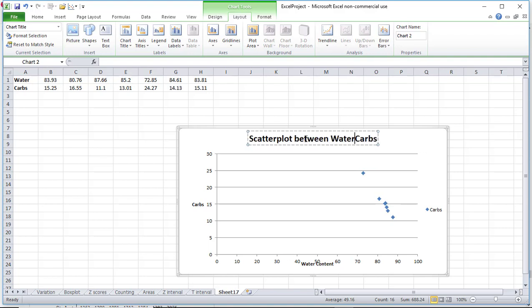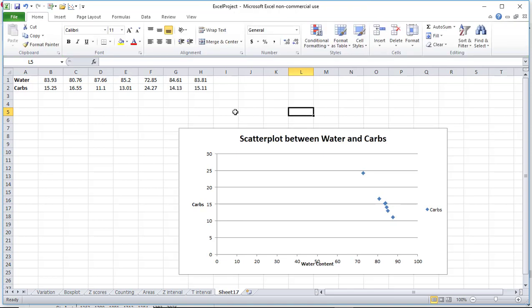between water and carbs. And so you can judge for yourself whether you think there's a positive linear relationship, no linear relationship, or a negative linear relationship. Certainly looks like a very strong linear negative relationship. It looks like as the amount of water increases, the carbs decrease, and it seems to make sense given what we know about nutrition. So that's our scatter plot, and then to calculate our correlation coefficient, that is the value